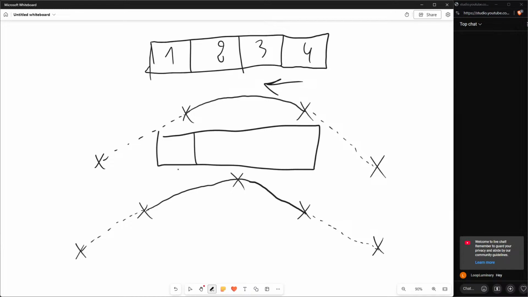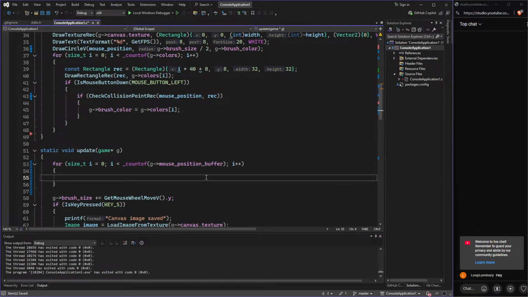So we're going to have 2, 3, 4. And then here we're going to have the 5th element, which is the new mouse position, essentially. So the problem right now is how we can do this shifting operation using a for loop. Well, let me first of all implement it. So we're going to do it using